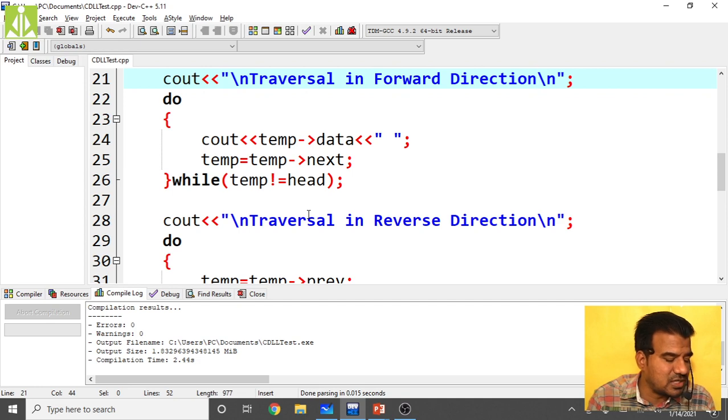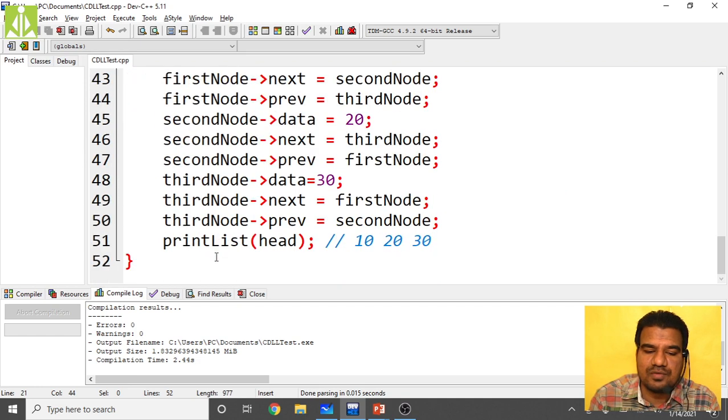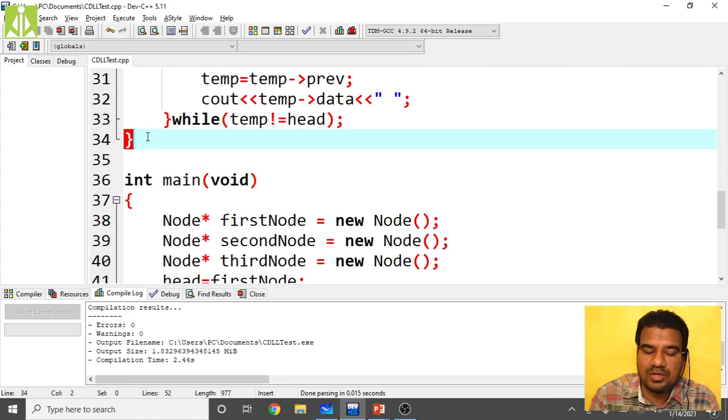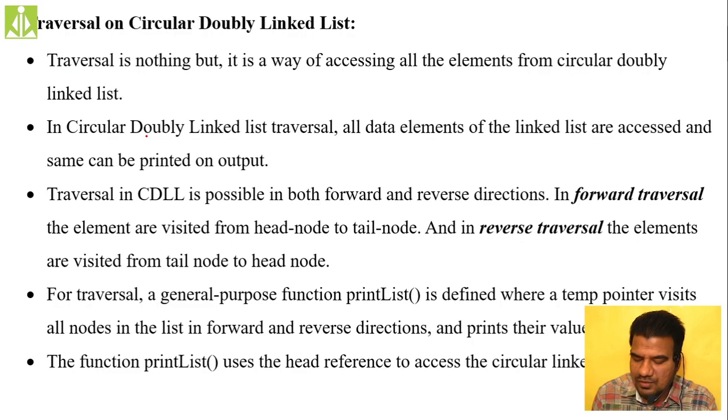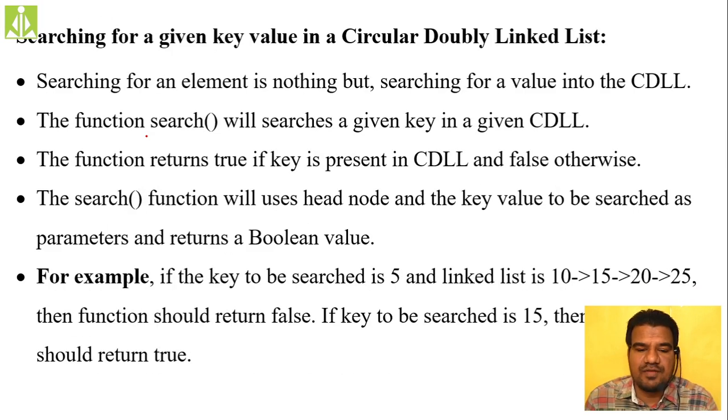Then searching for a particular node. For the search function, what are all the things we are going to pass? The search function is going to return a boolean value. Searching for an element is nothing but searching for a value in the CDLL, circular doubly linked list. The function search searches for a given key in a given CDLL.